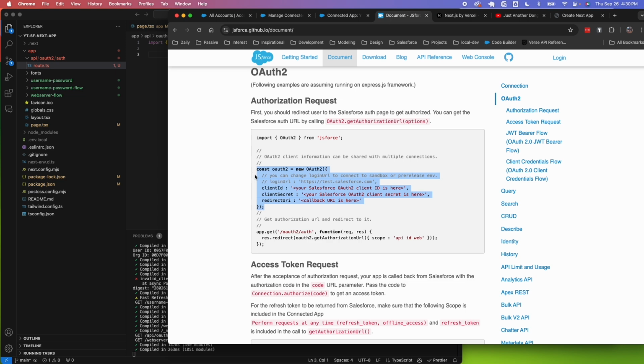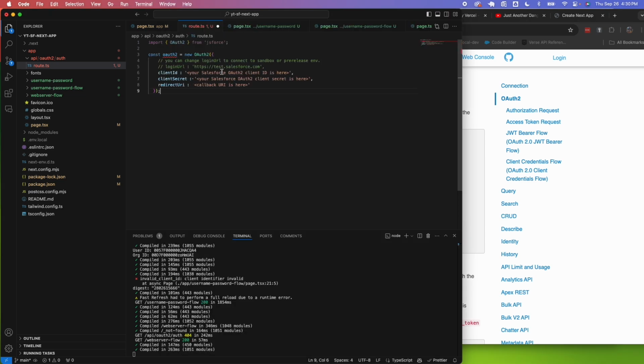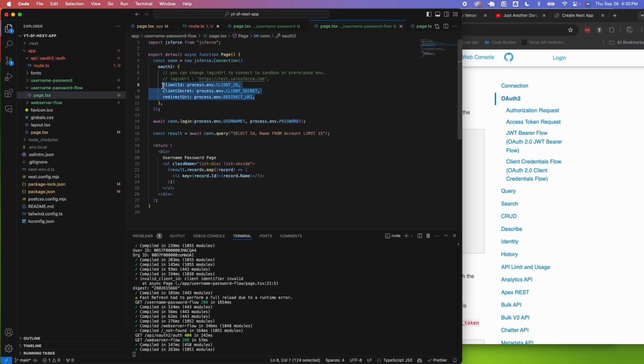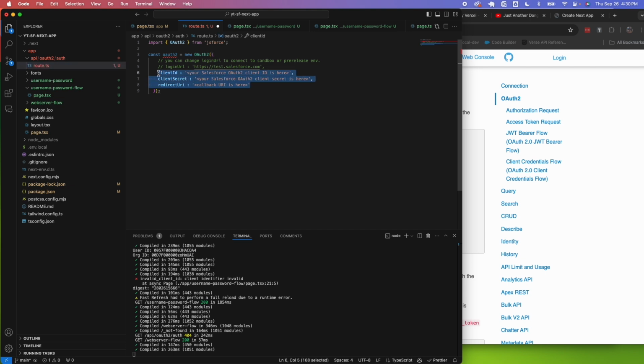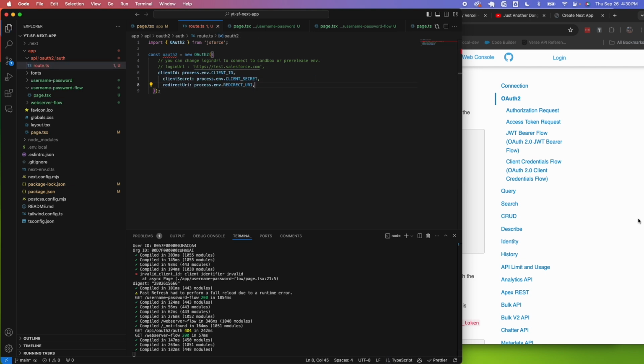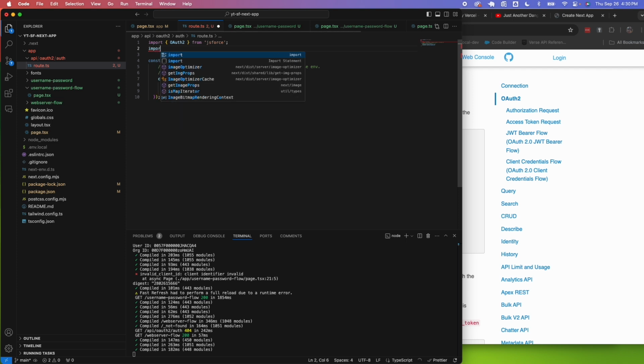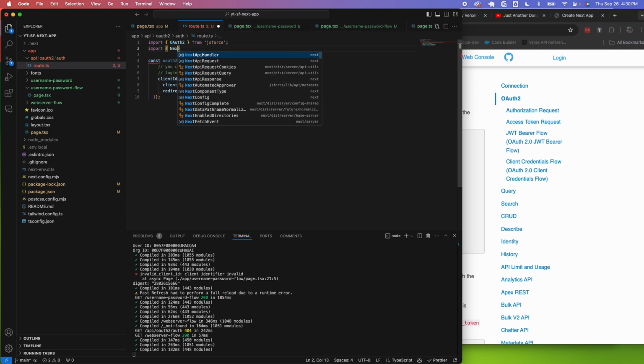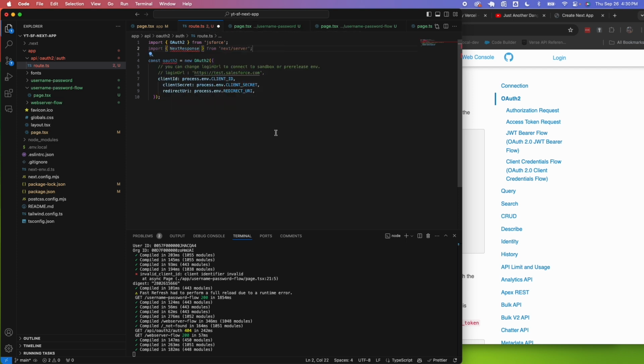And I'm going to define this. This could be copied from our web server flow. Let's go here and copy that. So, all right. And because this is an API route, we need to import the next response from the next server, and we say export async function get,